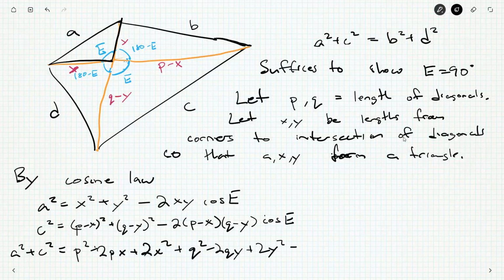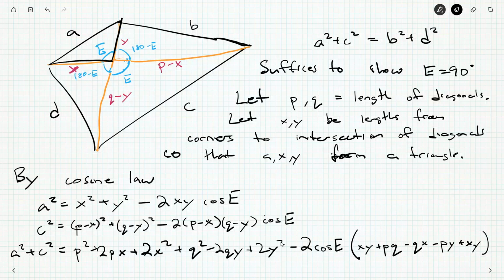And then, okay, minus 2. We'll put the cos e with the 2. And then what have we got? We've got an xy, a pq, a minus qx, a minus py, and then plus another xy. Okay, it seems like I've introduced 5 variables when I only had 4, but